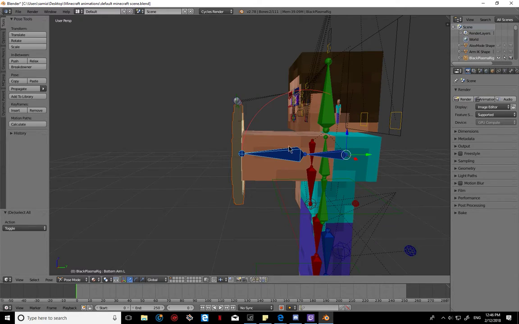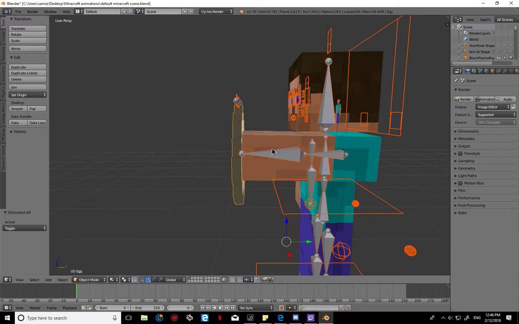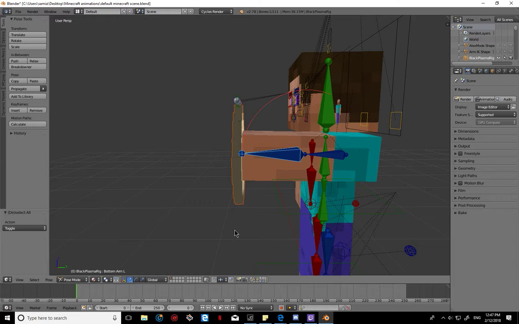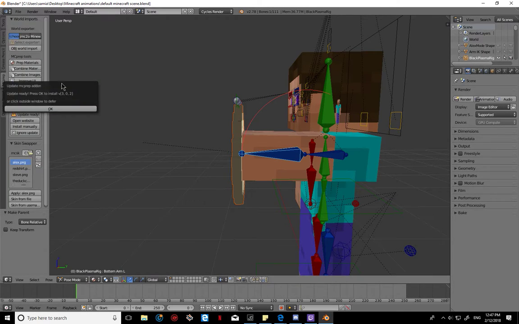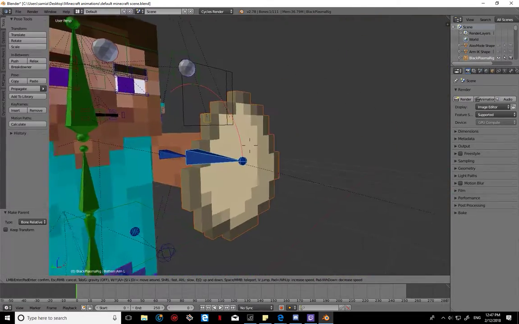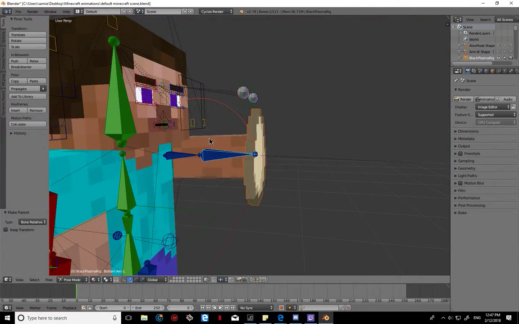Now you do this and you shift. So you want to click on here, hold shift, and, sorry, it's right click when I'm doing this. So you go on here, hold shift and press right click, and then Control P, and then bone relative. You do need a plugin which is called Dynamic, it's just called that, partner. This is empty prep, this is what you use, I'll show you that later. But now I'll just keep it on that. The pose tool. And now, since that's bone relative, if I move this,